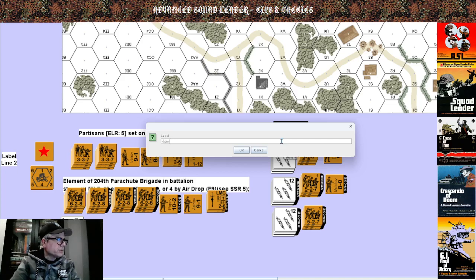Little HTML tag again, and then elements of 11th Cavalry Regiment, ELR 3,